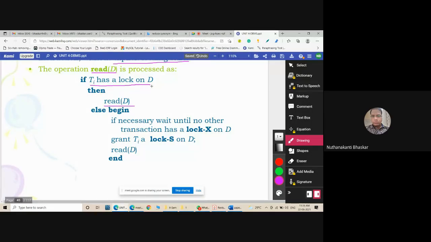Here, if there is a shared lock on D, then only we can read D. Else, if there is no lock, means we don't have any lock on D from Ti, then we can apply the lock if necessary, wait until no other transaction has an exclusive lock on D. Then grant Ti a lock S on D, then you can read D. Here, if there is a lock, you can read. If there is no lock, you can apply an exclusive lock or maybe the shared lock on D, then you can read. Because you know, if you are going to apply exclusive lock,